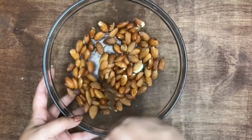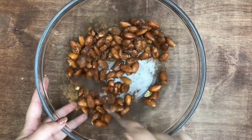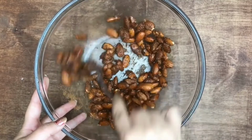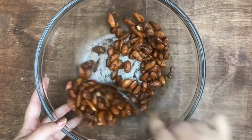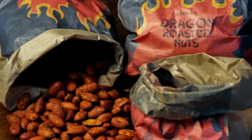If you want to make your own dragon roasted nuts, we recommend using various nuts and spices. You can also add some red food coloring to give them an extra fiery appearance. These nuts would be an excellent snack for any Harry Potter fan and will surely spice things up during your